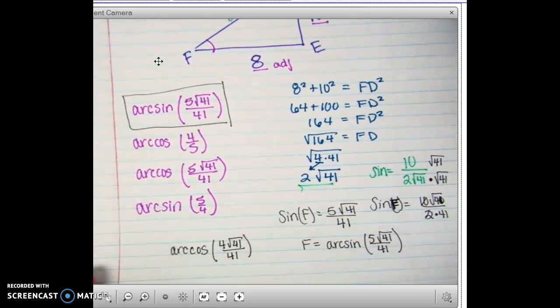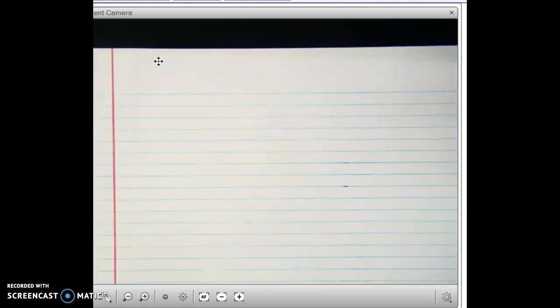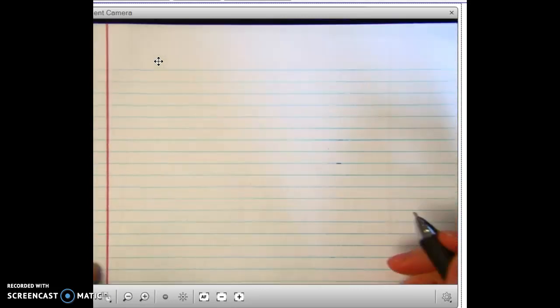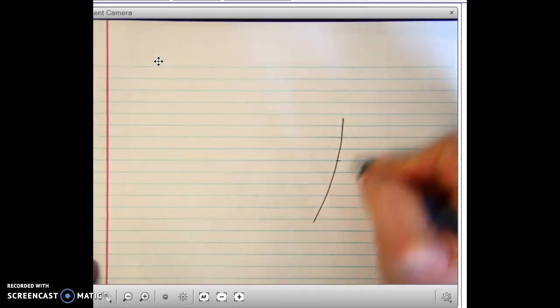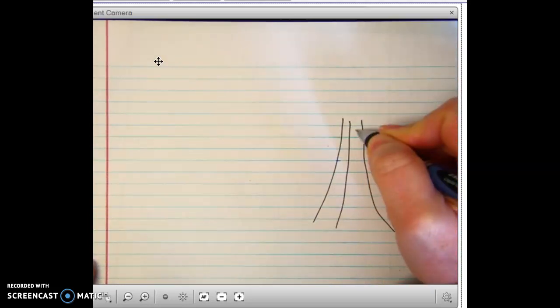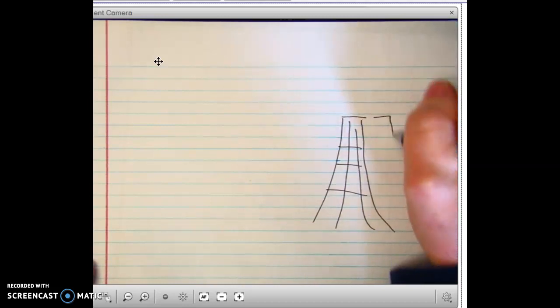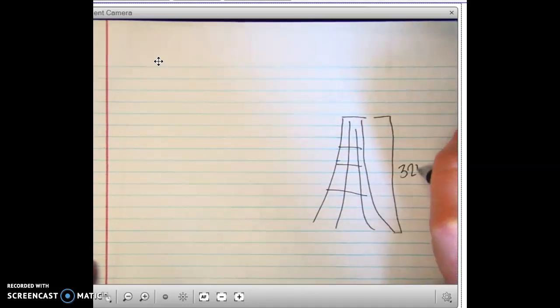Let's move on to the second one, the lighthouse question. I'm a terrible artist, but I'm going to do my best here. Your second question was, the Eiffel Tower in Paris is 324 meters tall. So let's say this is the Eiffel Tower. I should have just stopped at the 2. Anyways, this is 324 meters